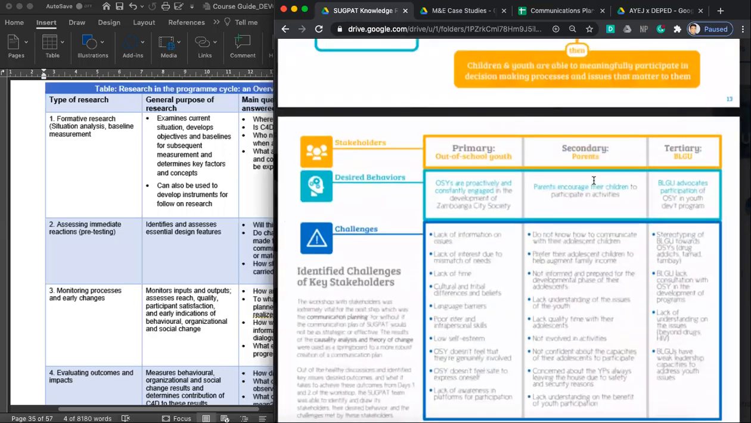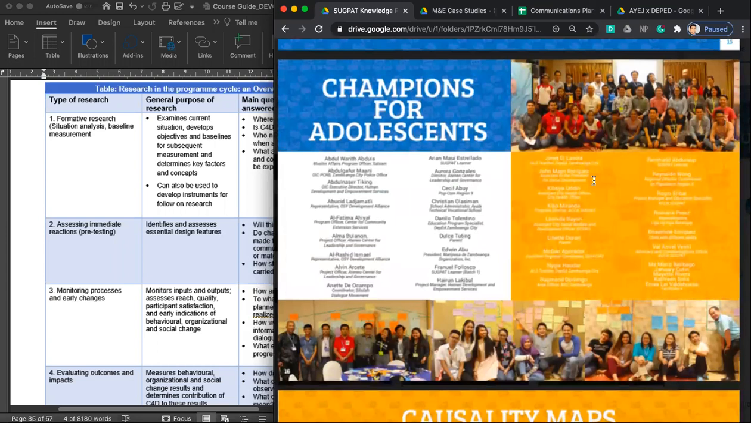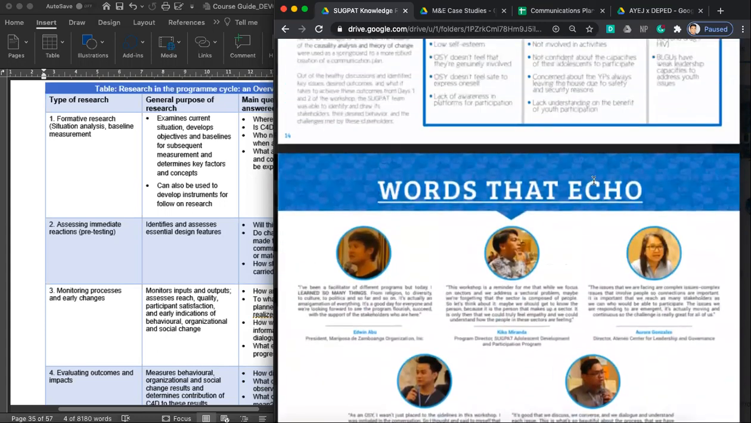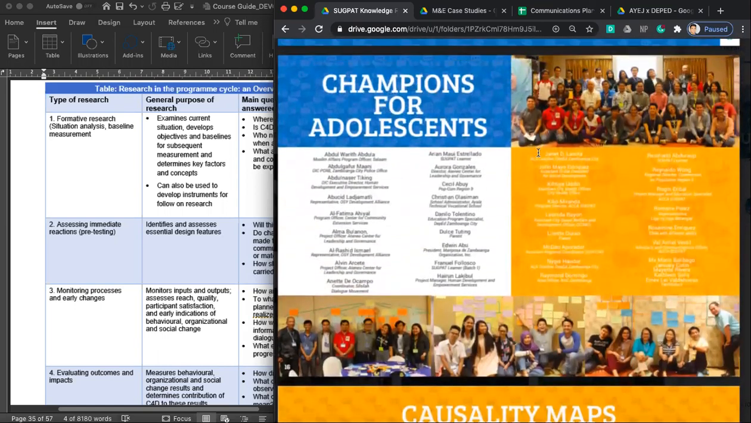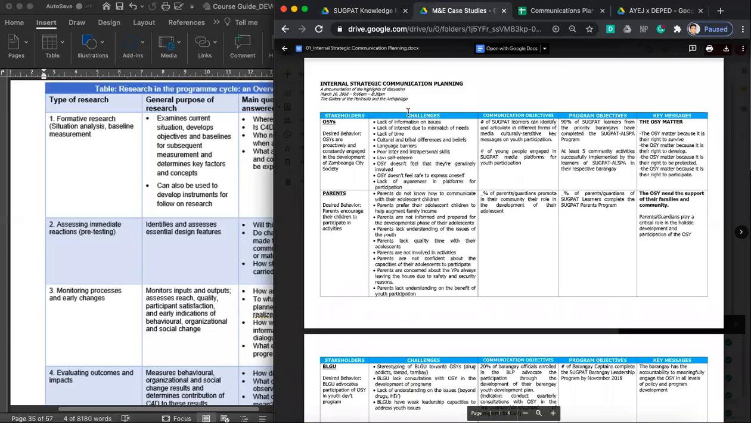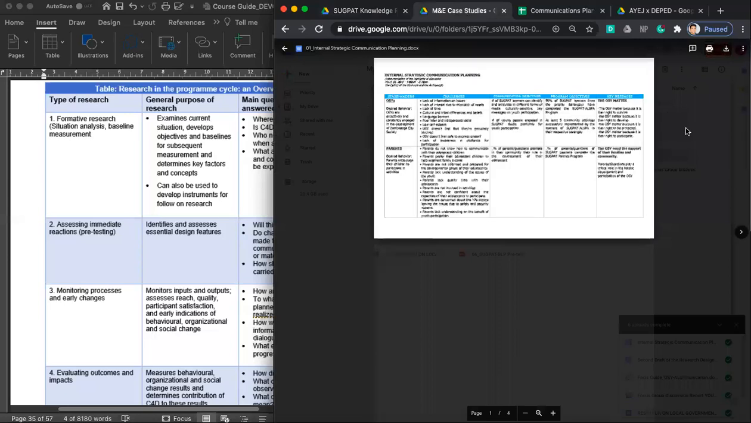These are all actually assumed challenges and desired behavior changes based on a very technical, very helpful, very scientific and objective process of theory of change and causality analysis. But we want more. We want the outputs. We want these to be really grounded on what's happening on the ground. That's right. So, from our internal strategic communication plan, we wanted to support that with actual data happening on